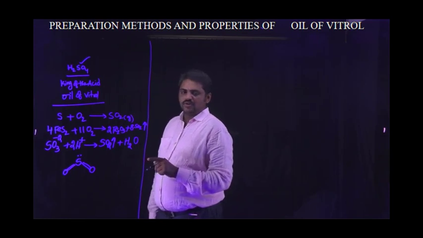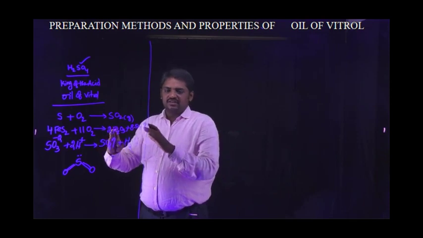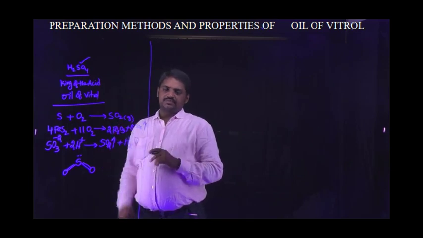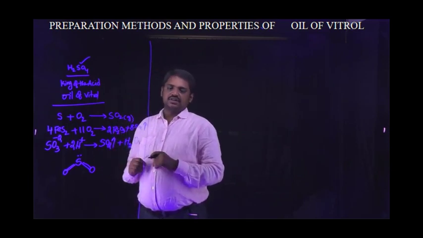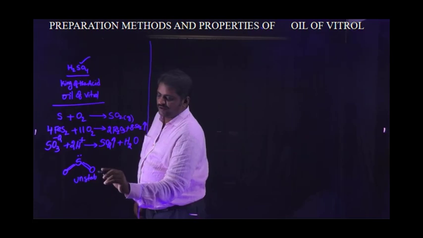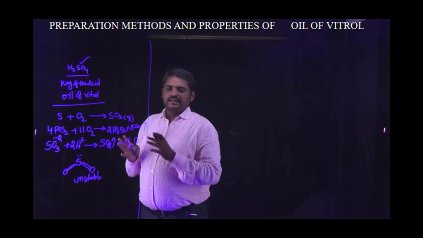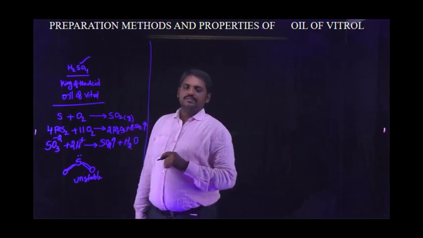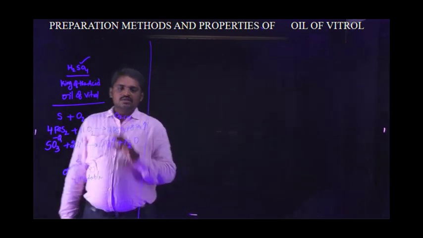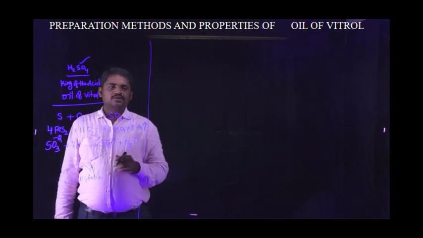Okay, in the presence of the lone pair of electrons, the straight or linear structure is converted to a bent shape. That is why this molecule's shape is bent. Okay, this is the bent structure, and at the same time, this is an unstable molecule. Why? What is the reason? This molecule is unstable due to the lone pair electrons present in it. Okay, this is an unstable gaseous molecule. So these are the preparation methods for sulfur dioxide.